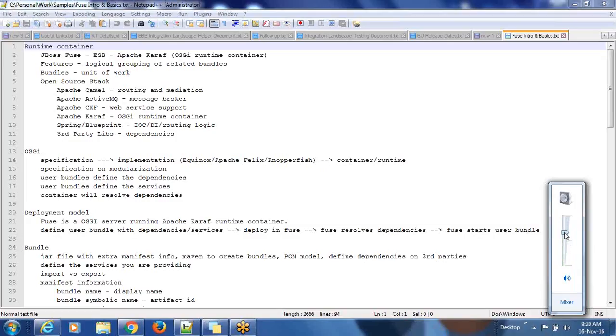Fine. So next in the course we'll also talk about Camel in a big way because Camel is the core of Fuse. So Camel is an integration framework. It is providing you the ability to integrate with real-time entities. And why we need Camel is normally